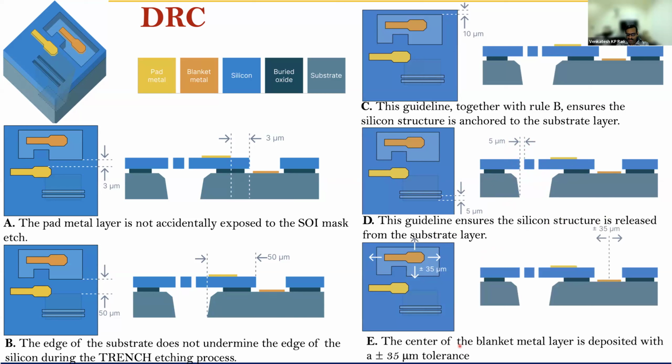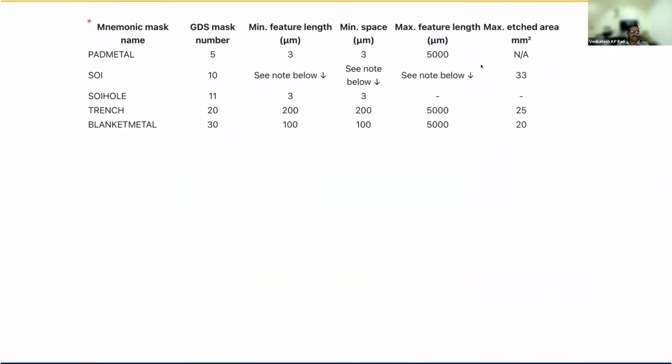Now, on the other hand, if at all you have a blanket metal layer, this is my blanket metal layer, this is the central line of the blanket metal layer, you need to leave 35 micrometers alongside, there should not be anything. So you need to have a minimum of 35 micrometers, there should not be anything. Across the blanket metal layer, we need to leave a tolerance of 35 micrometers for the blanket layer. So whenever you are doing a layout in any of the